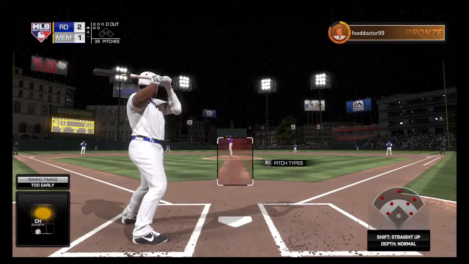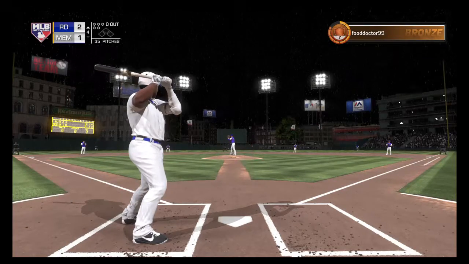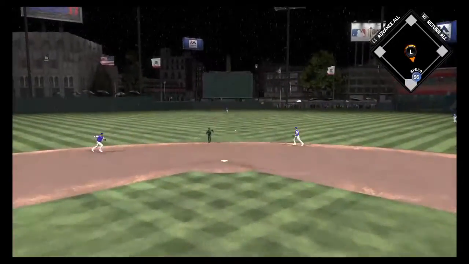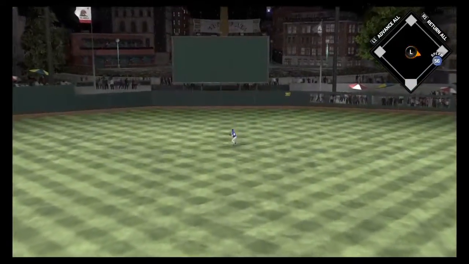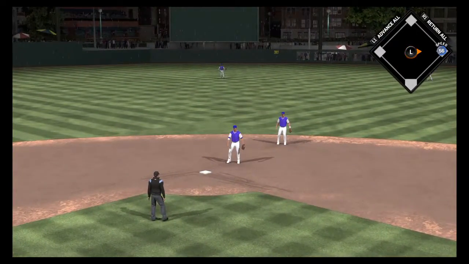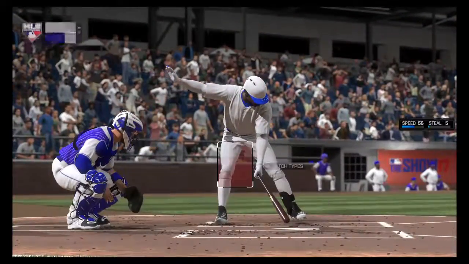Trying to pick things up where he left off, Marcelo Zuna. He'll lead things off here in this one-run contest. Hit hard back up the middle, and that finds its way through for a base hit. So that puts the leadoff man aboard to get the inning underway. Digging in for